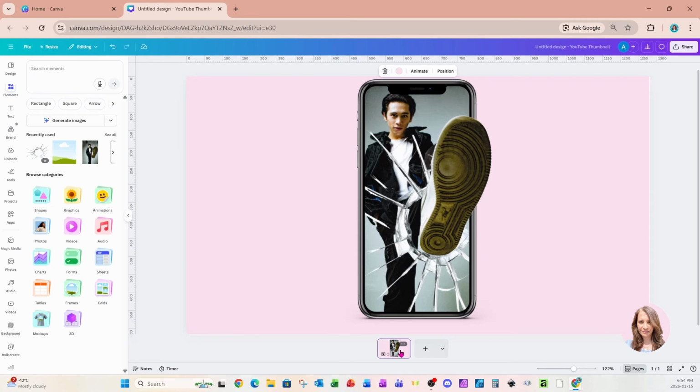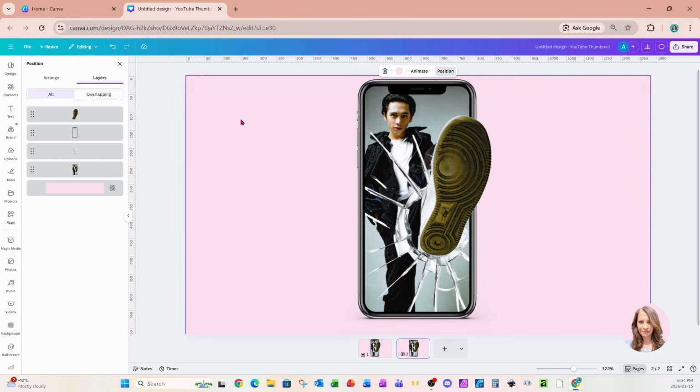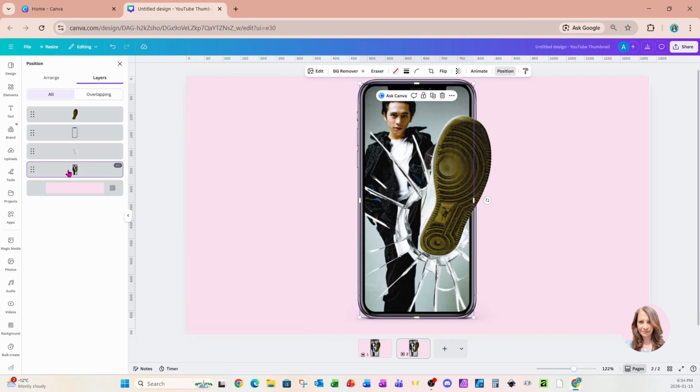I'm going to make a copy of this. And in this, on the second slide, I'm going to grab that frame. So that's the image that's on the first layer that's in that frame. And I'm going to remove the background on that. So now you can see right through the phone. I'm going to go to